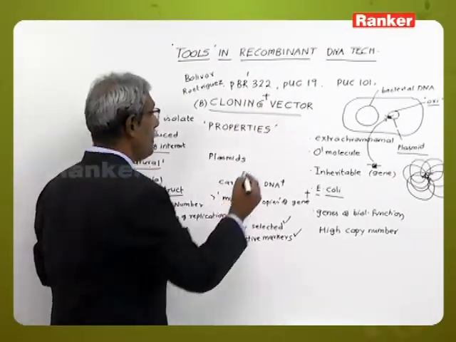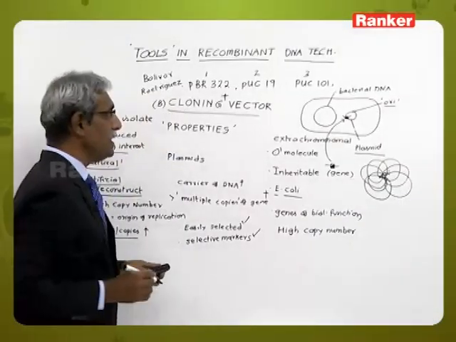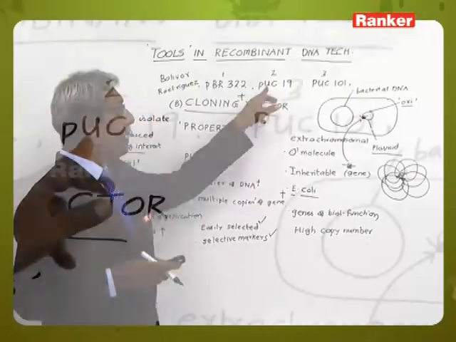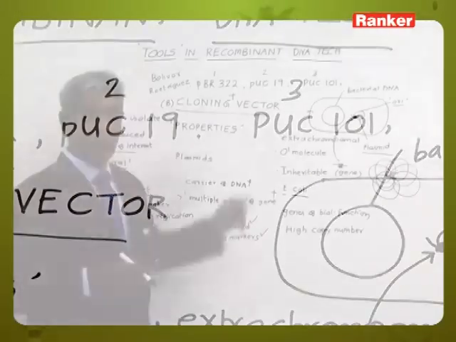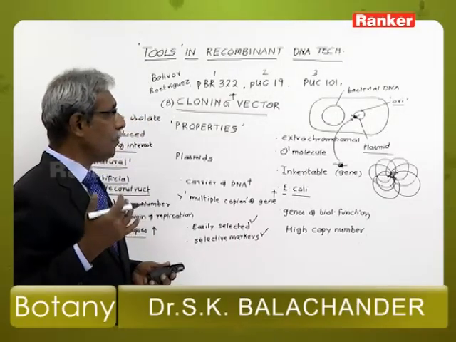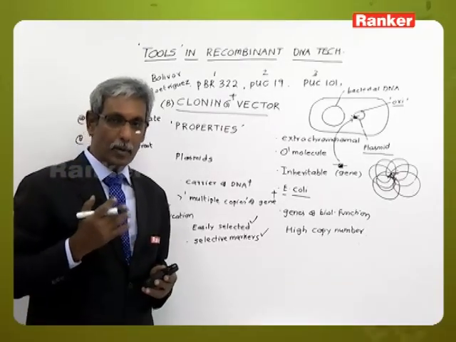And again, common plasmids which are primarily studied are plasmids called pUC19 and pUC101. The pUC plasmids were developed at the University of California. pUC19 and pUC101 are a series of plasmids which have been developed at the University of